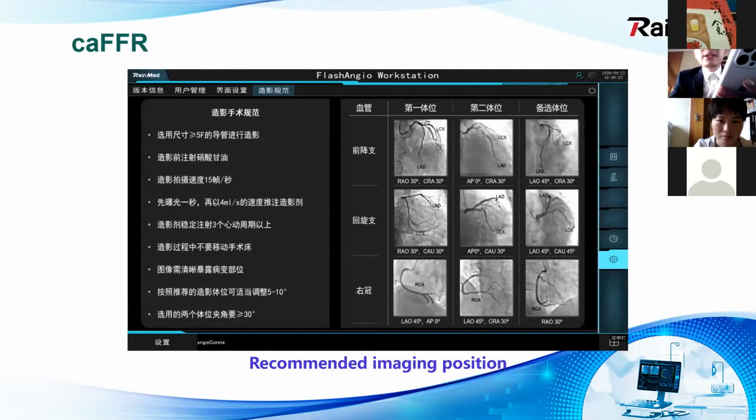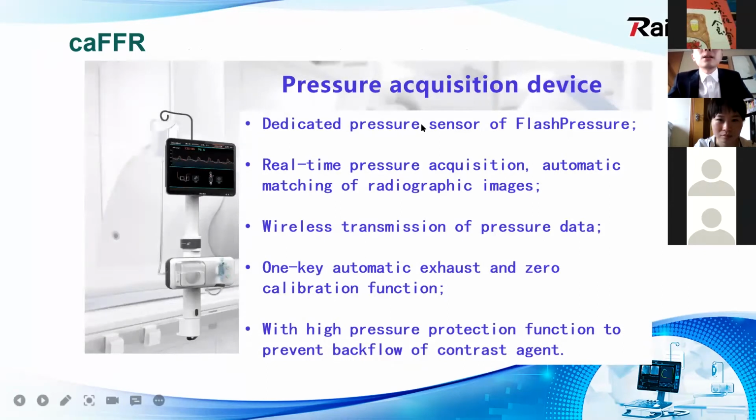Here are some recommended image applications for target vessels, like LAD, LCX and RCA. We also need a pressure acquisition device to match our device. This acquisition device is a dedicated pressure sensor of our flash pressure. We can get real-time pressure and automatic matching of the radiographic images, and the pressure data can be transmitted